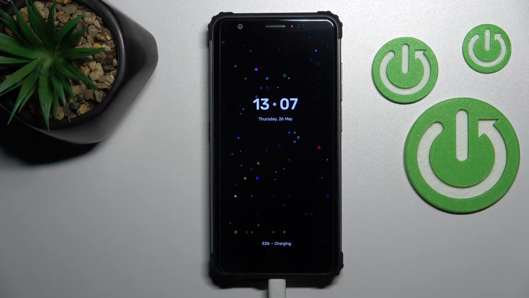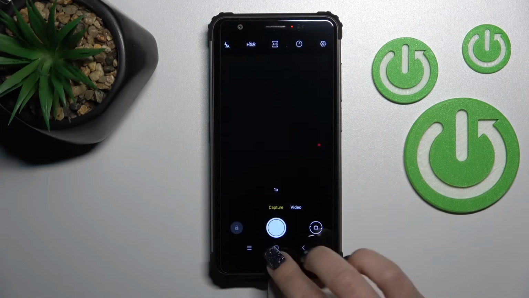Welcome, today in front of me is the Blackview BV6600E, and I'll show you how to turn off the always on display feature on this device. So let's first